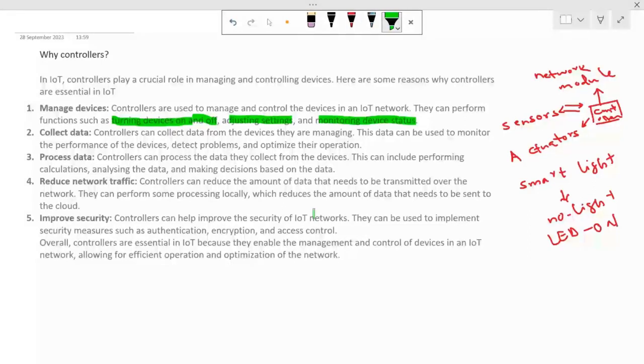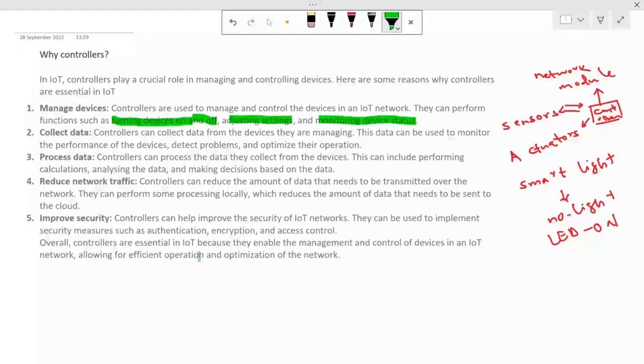Fifth and final point is improve security. Controllers can help improve the security of the IoT network. They can be used to implement security measures such as authentication, encryption, and access control. Overall, controllers are essential in IoT because they enable the management and control of devices in the IoT network, allowing for efficient operation and optimization of the network.